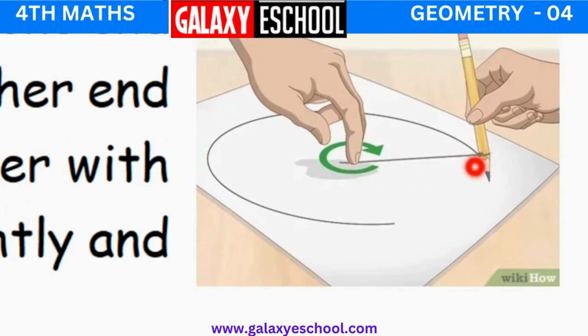First you should tie the thread to the pencil, and the other end you have to pin to the paper tightly or hold it tightly. Then after holding, start rotating the pencil. After you complete the rotation, suppose you are starting from this point, you have to end at that same point. Understood? If you are starting at the point